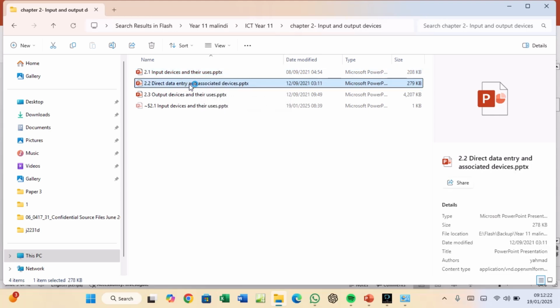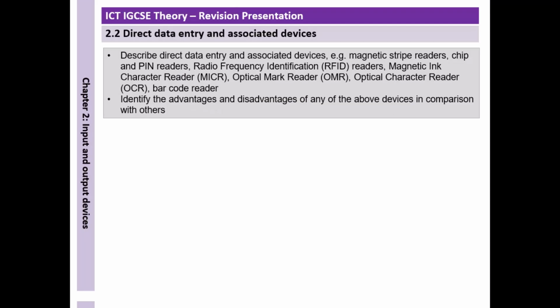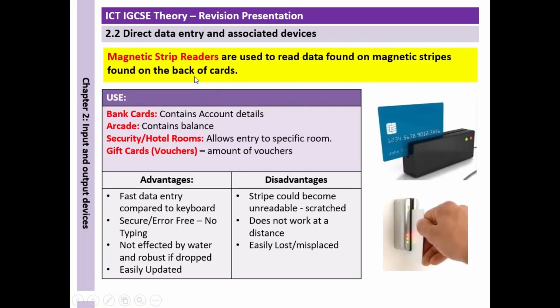So direct input devices, if I open this one here just to illustrate what I'll do in the next video, direct data entry and associated devices, such as magnetic stripe readers, chip and pin readers, radio frequency identification RFID readers, magnetic ink character readers, optical mark readers, optical character readers, and barcode. So what I mean by these ones, we are going to talk about direct data entry in the next video,